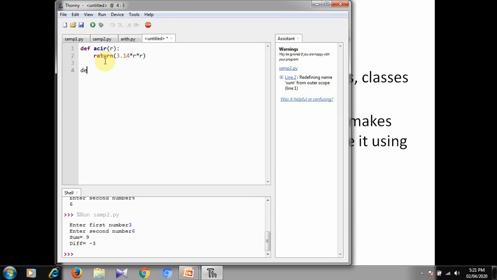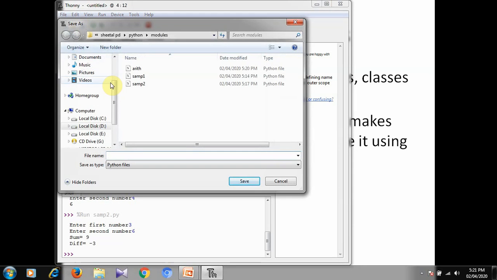And area of a square. This is our module. We will save it as area.